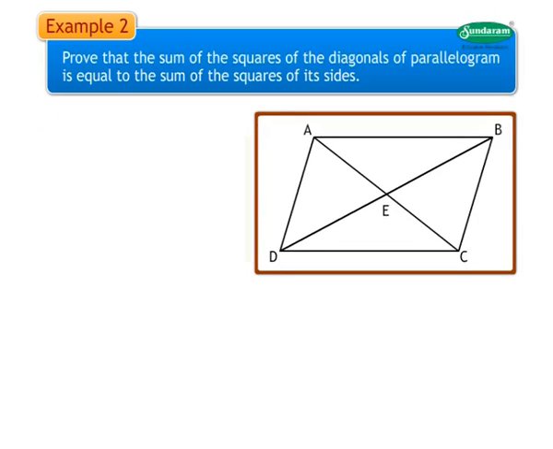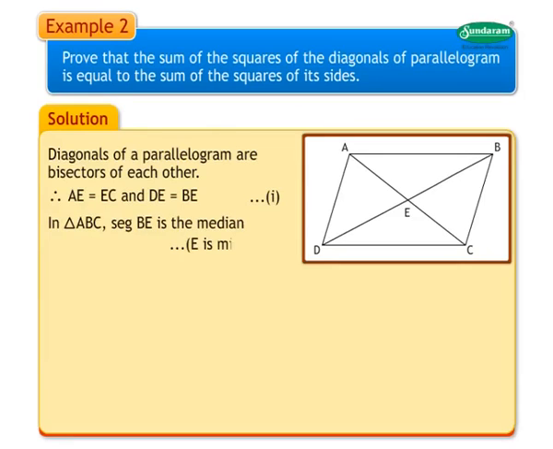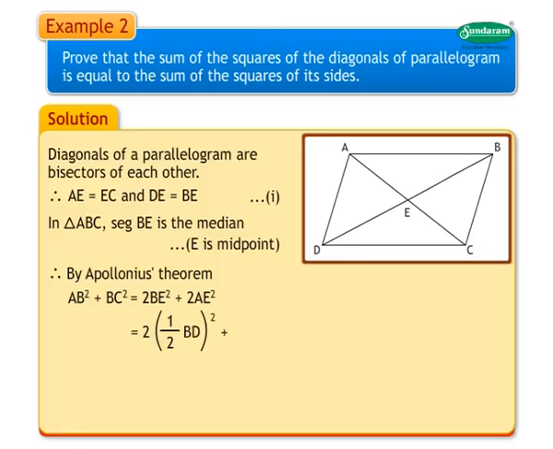Solution. Diagonals of a parallelogram bisect each other. Therefore, AE is equal to EC and DE is equal to BE. Call this statement 1. In triangle ABC, segment BE is the median as E is the midpoint. Therefore, by Apollonius Theorem, AB square plus BC square is equal to 2BE square plus 2AE square